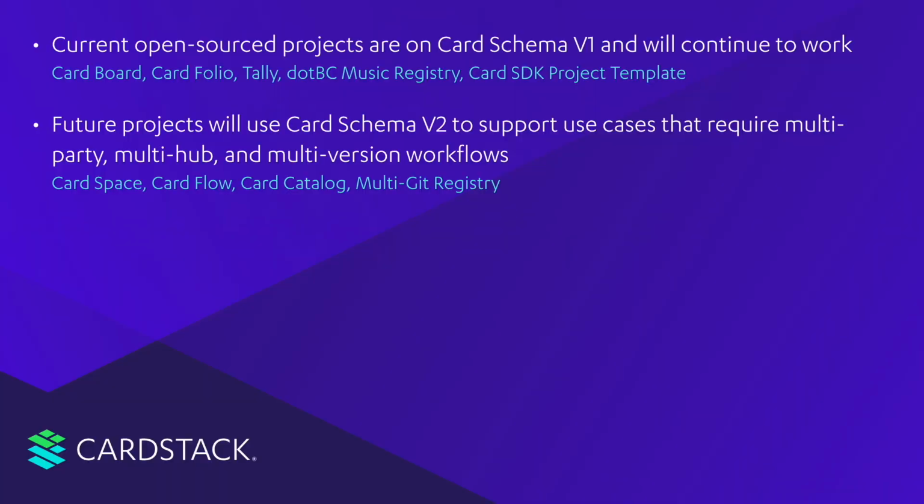That's what we call multi-Git repository, where the catalog itself is a Git repository containing cards submitted, version controlled by the community and by sellers of premium card templates. And then Card Flow is a way we move it together, and Card Space is how you accumulate and build your own personal library. So these are the things that we have been talking about doing, and the basic structure